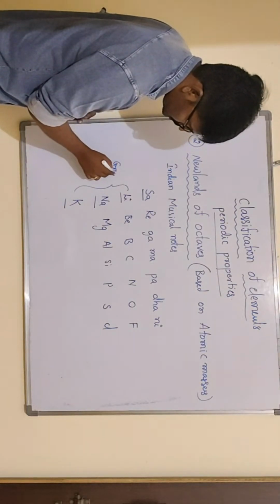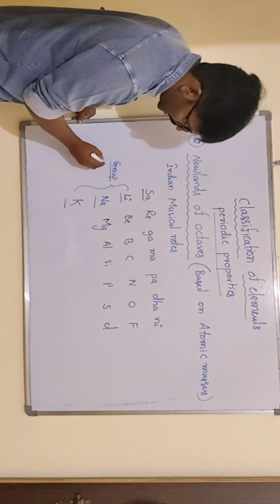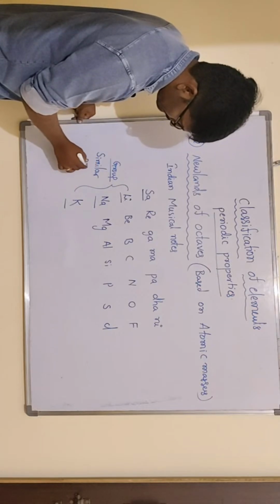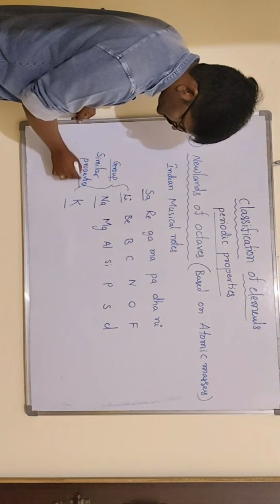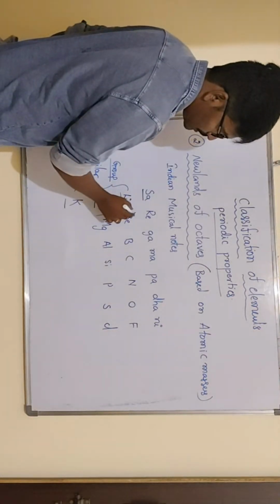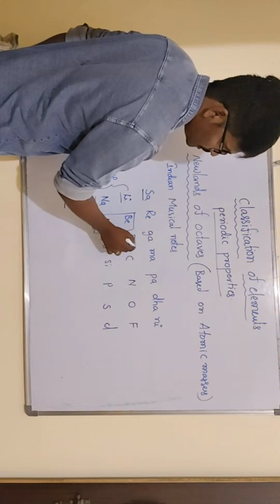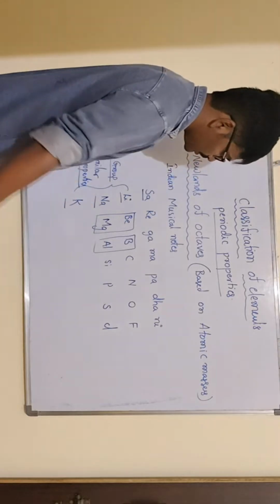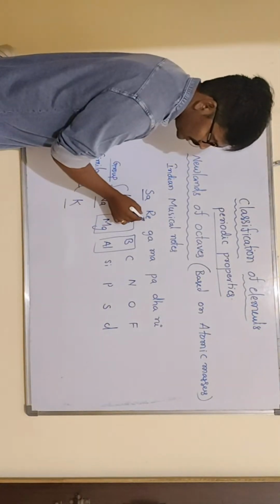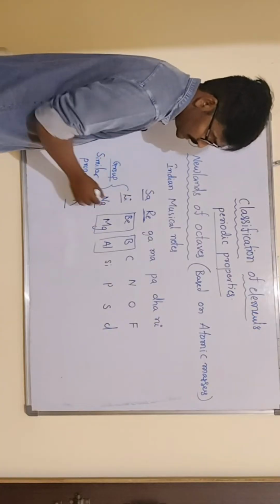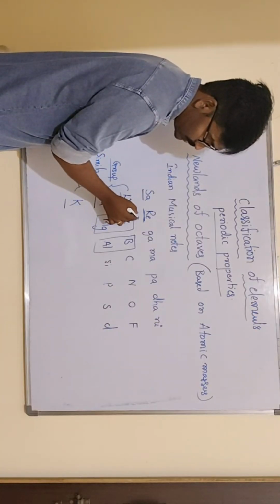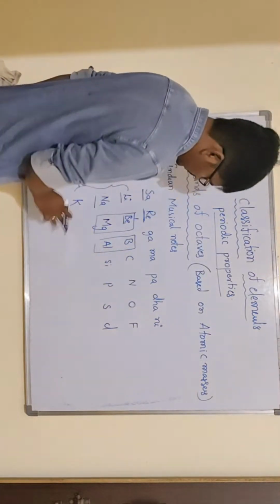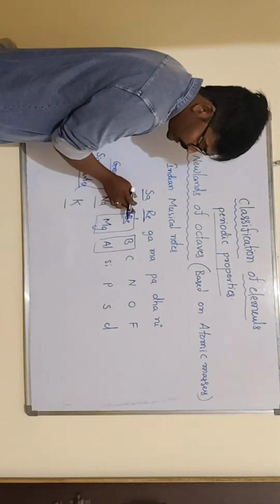All these have similar properties according to him. Every eighth element repeats the chemical properties. For example, look at Re. From here onwards, if you take beryllium as 1, 2, 3, 4, 5, 6, then 7, 8. So every eighth element